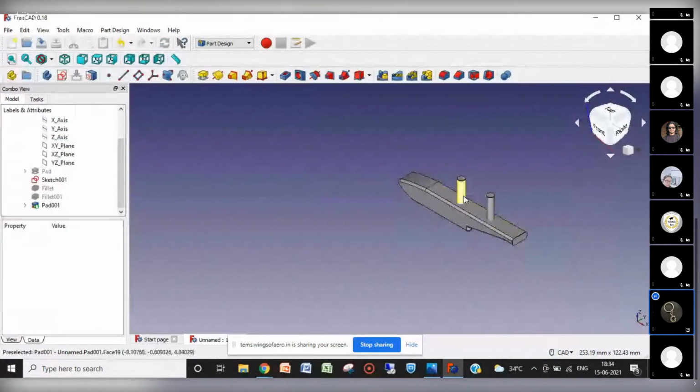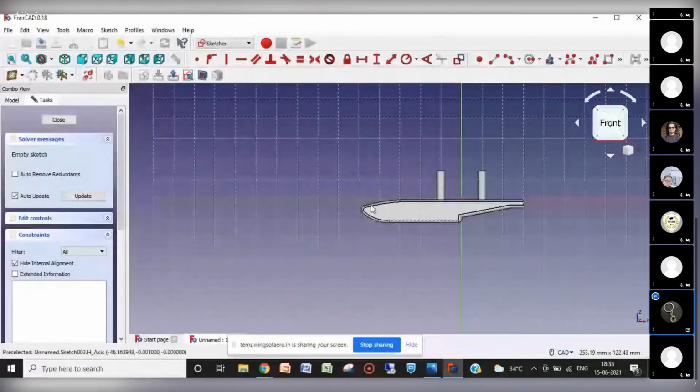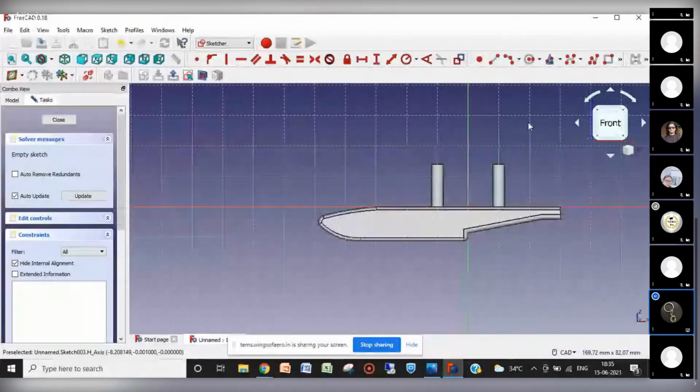We have these struts which are going to attach with the aircraft. So on the YZ plane, I am again going to construct some angles which are going to attach with the aircraft. So it's Z plane. How I am choosing the plane, you can see from here. This is the ZX plane. I need to work on this, and from here you can choose the plane on which you want to work. Taking a polyline,